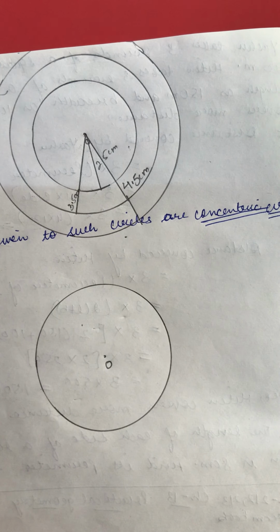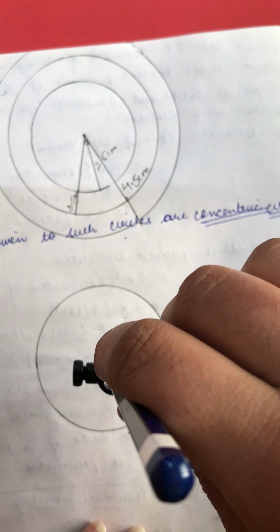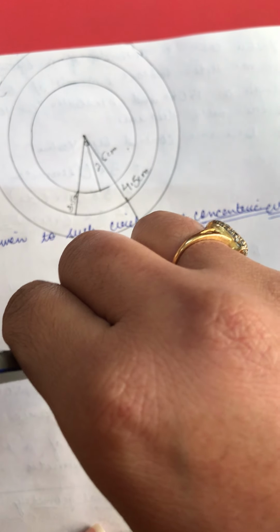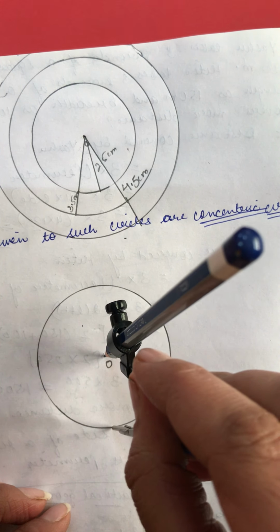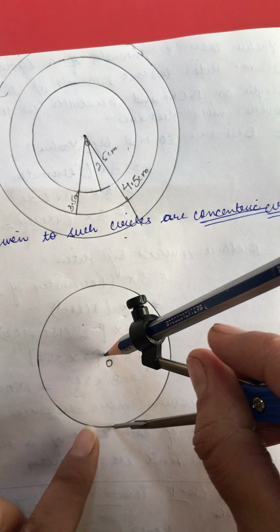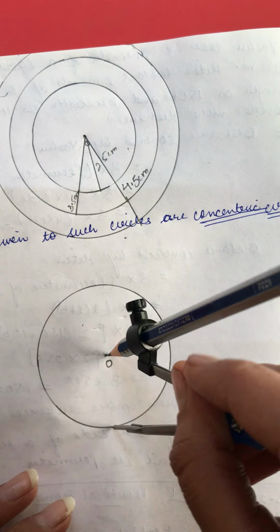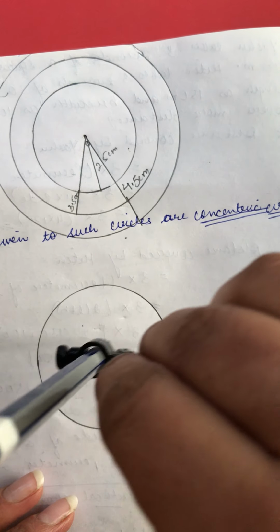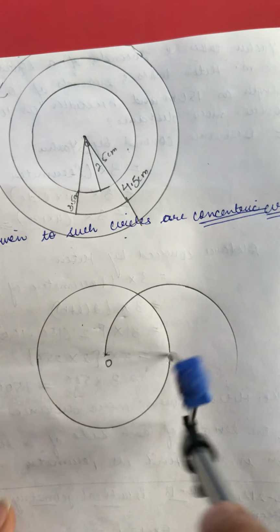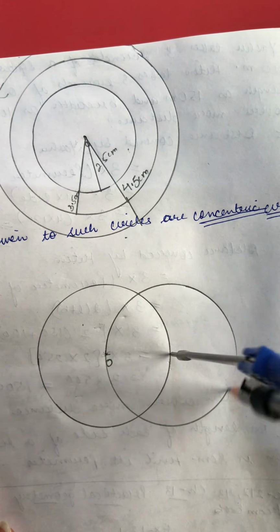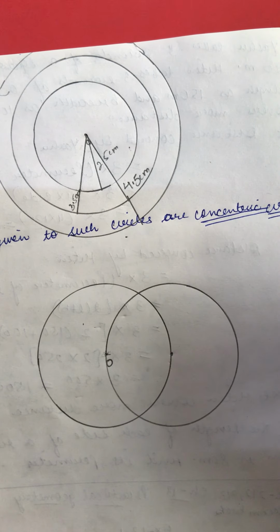Next, what you need to do is draw another circle whose boundary passes through O. It means I have to keep my pencil here so that it passes through the point O. Now whatever is your radius, see how much will be the radius. It is clear from center to this. It will be the radius same as the 3 centimeter that I have already taken. So again the boundary of the next circle should pass through the center O. It means I have to draw the circle like this. So this is my new circle having center here on the boundary of first circle.